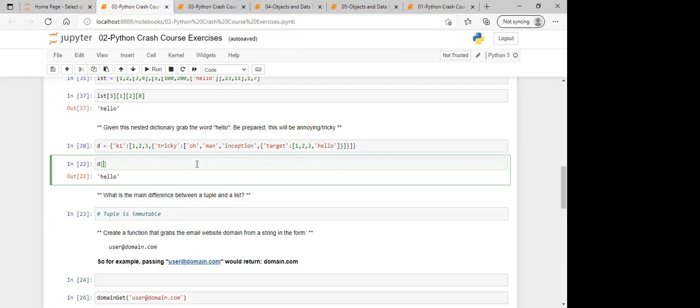So how do you fetch elements from a key? No, this is wrong. It's a dictionary, not a list. So there is no indexing. There is no roll number in a dictionary. There is only key and value. So you have to pass the key name. Key name is K1.